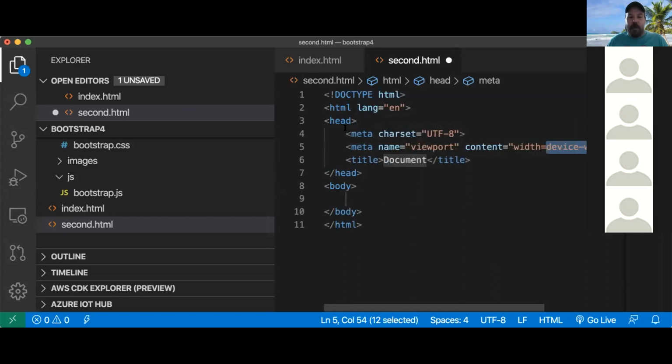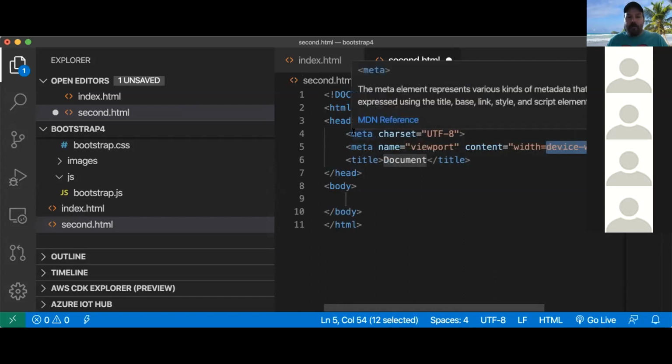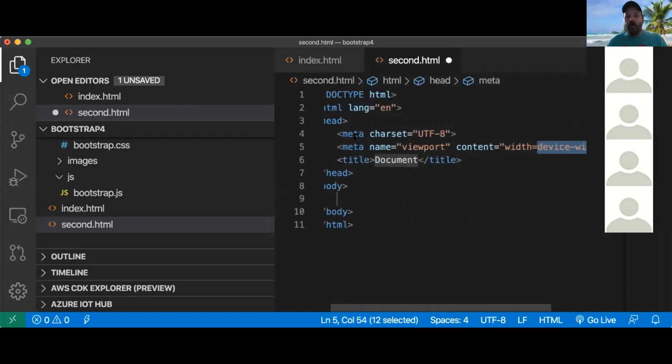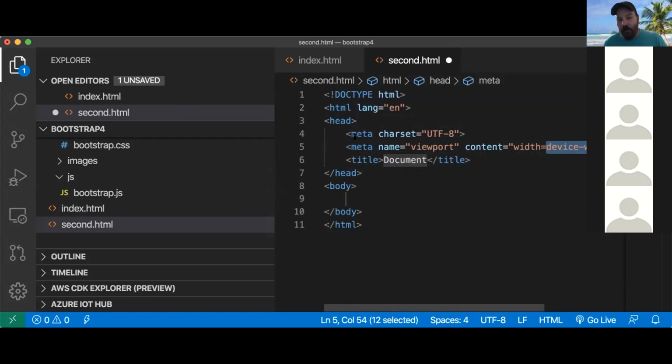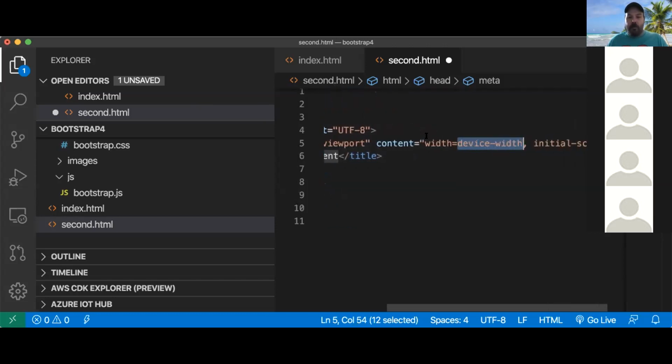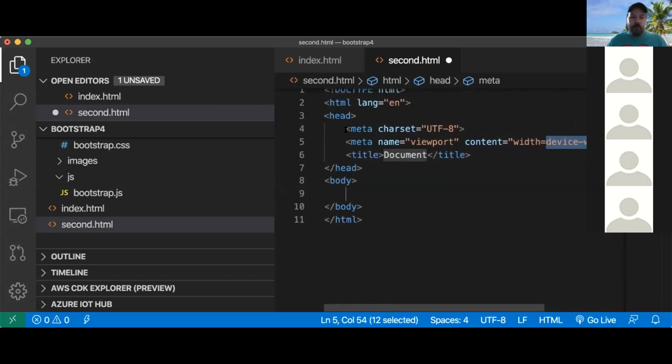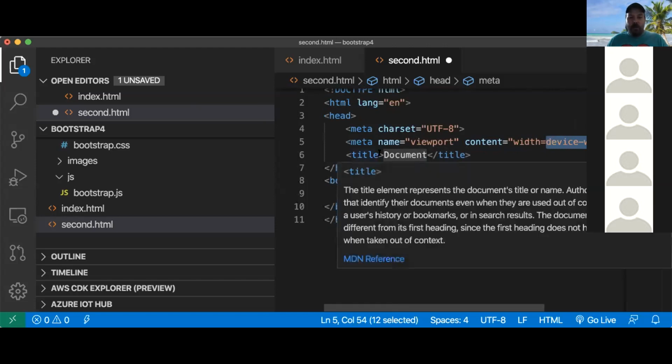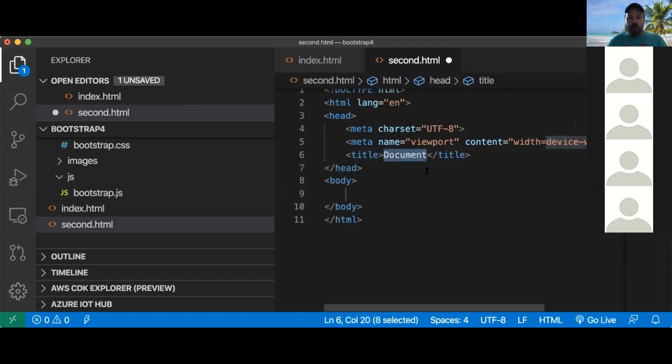Gives you your head tag with the meta tags that are required, surprisingly, for Bootstrap 4, both the character set and the viewport width. And then the one part of the head that's required, which is the title. So we'll go ahead and do this. I'm just going to call it Bootstrap grid